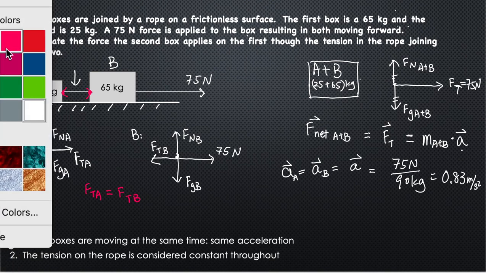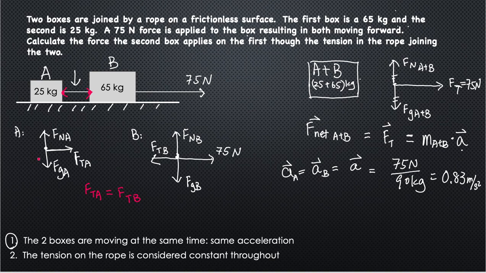If you look at box A here, its vertical forces are also balanced, and the net force on box A actually equals the tension force, which equals mass times acceleration according to Newton's second law. We have the mass of box A as well as the acceleration. Therefore, that equals 25 kilograms times 0.83 meters per second squared, which equals